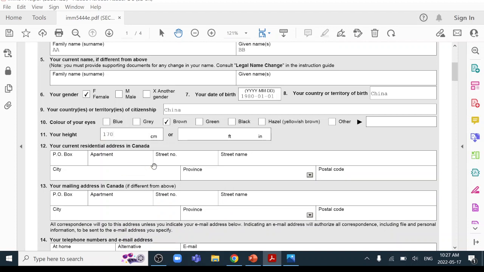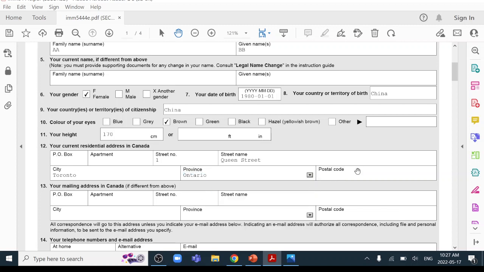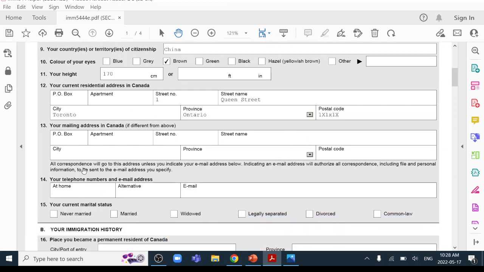Your current residential address, let's say 1 Queen Street, City, Toronto, Province, Ontario, postcode, say 1X1 X1X. Your mailing address, if it's different, then you need to fill in this section. But if it is the same as your residential address, you don't need to fill in this part. And your phone number, let's say 416-000-1111. And your email address,